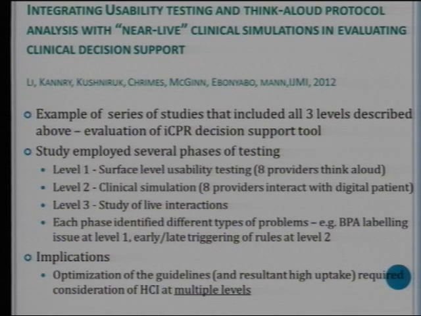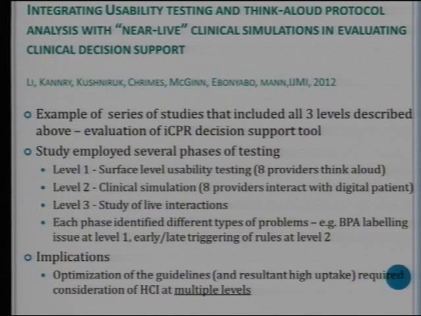And think aloud. The second was a clinical simulation where we didn't have a human patient. We wanted to see how the guidelines would be triggered in their workflow, so we had a digital patient on the computer screen. So they could ask for information in the order they wanted. The first one forced them through a certain way. And the third one was we did some limited studies of recording live interactions with the use of the guidelines. This was a bit trickier because how do you get the thing to trigger just for those cases where the guidelines are needed in the real situation? It was an experiment. We were doing all three, but the first two definitely were more successful.